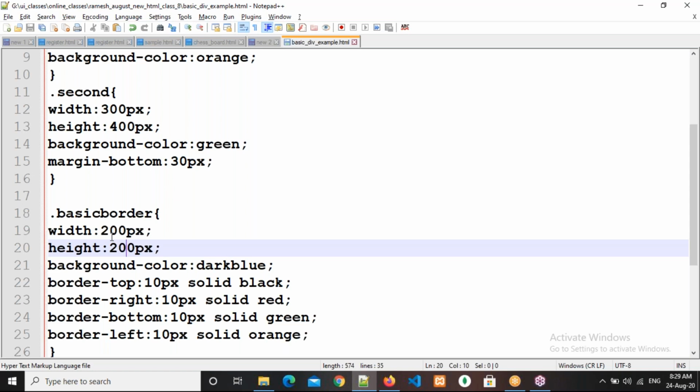How much width and height you have given, depending upon that only the border will work. So depending upon width and height and border, make this triangle. Understand it, everyone? Please respond.